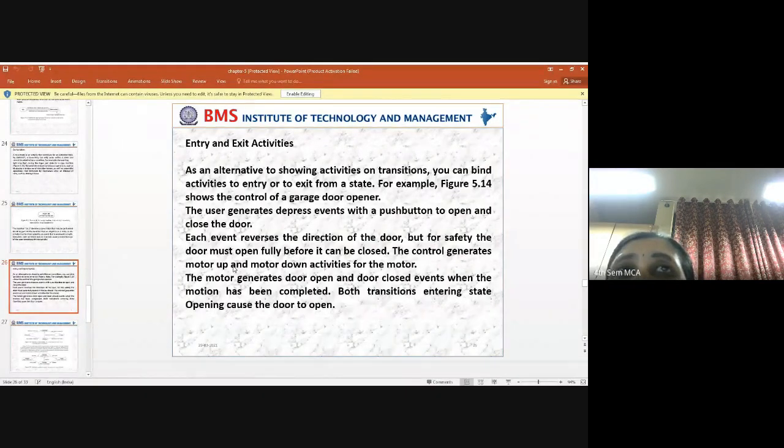When we use this entry and exit from one state to another state, the user can identify what the different activities are that can happen within a system. One more example that we can take here is the automatic opening of a garage door. How can the garage door be opened automatically when we push a button, and how is the door going to close? What are the different activities that can happen, that we can see here.